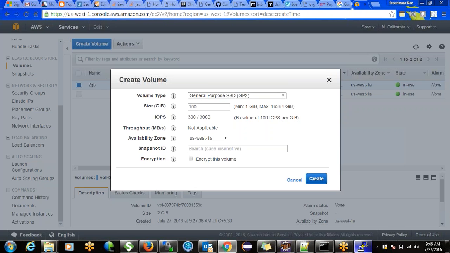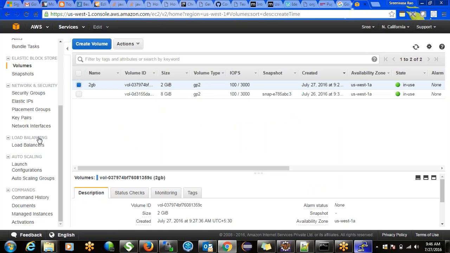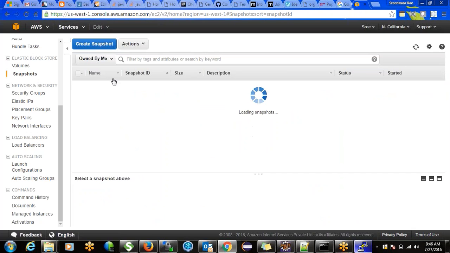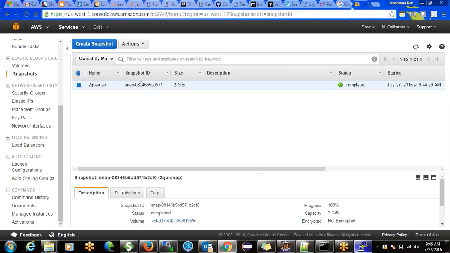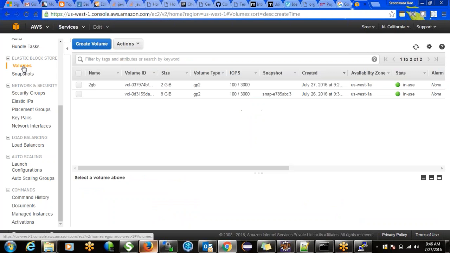Okay, and then let me take the snapshot ID. So this is the snapshot ID. Okay, and go to volumes